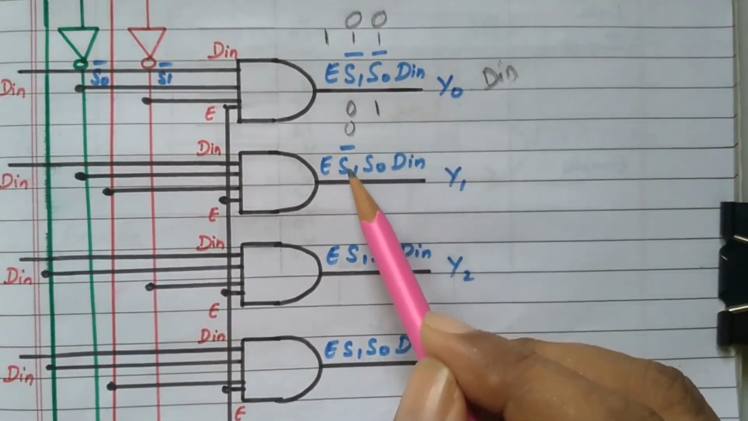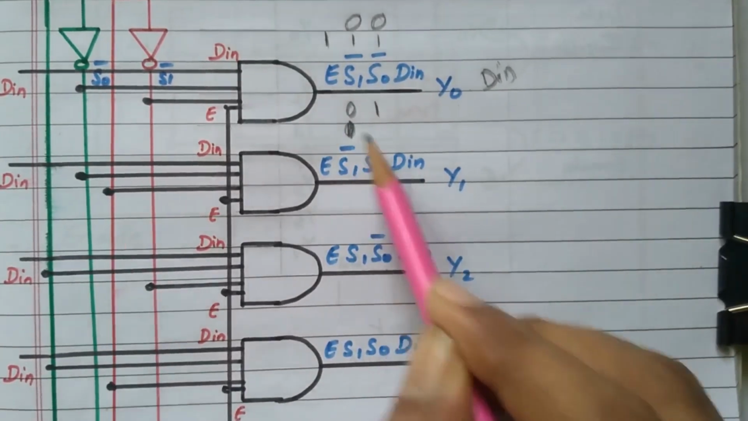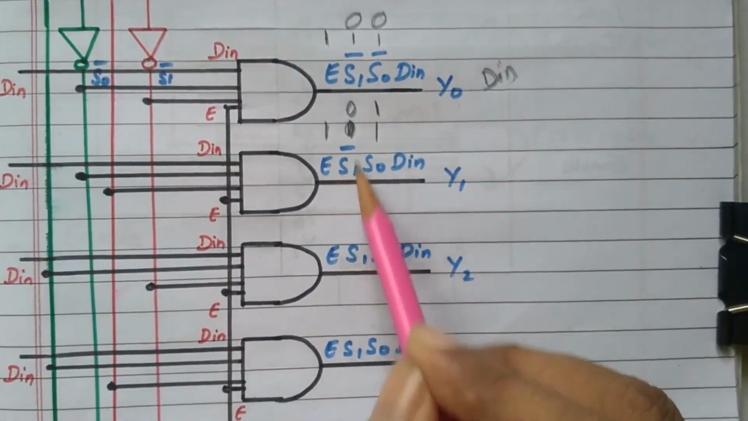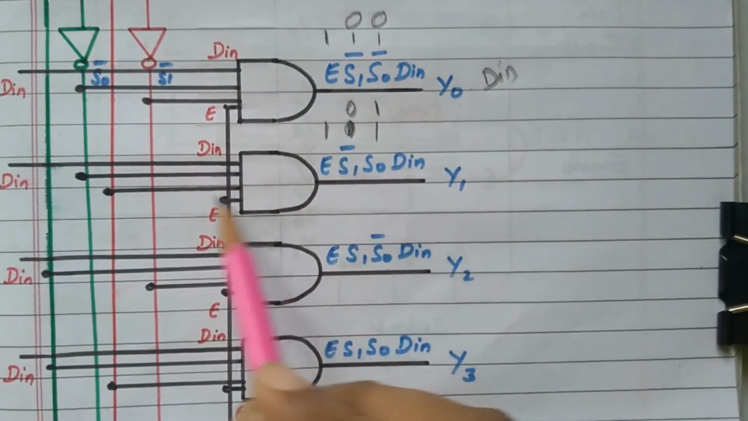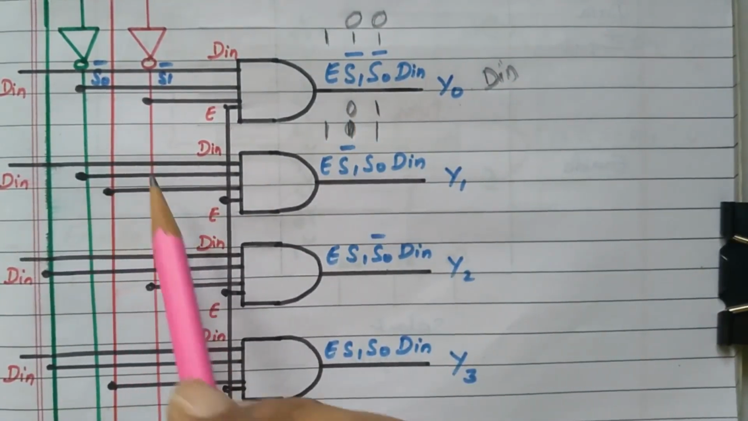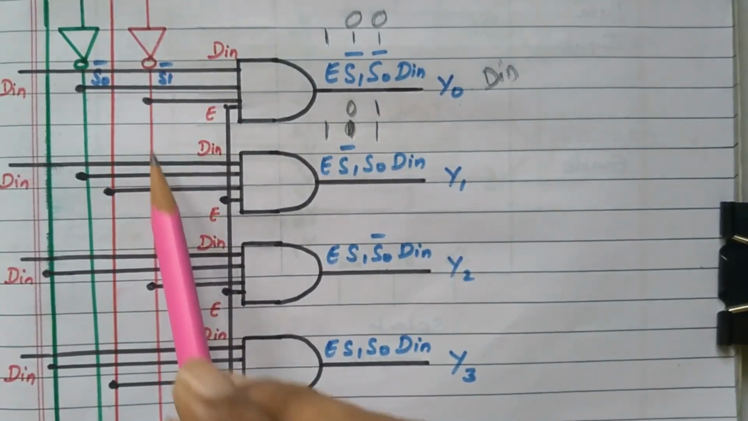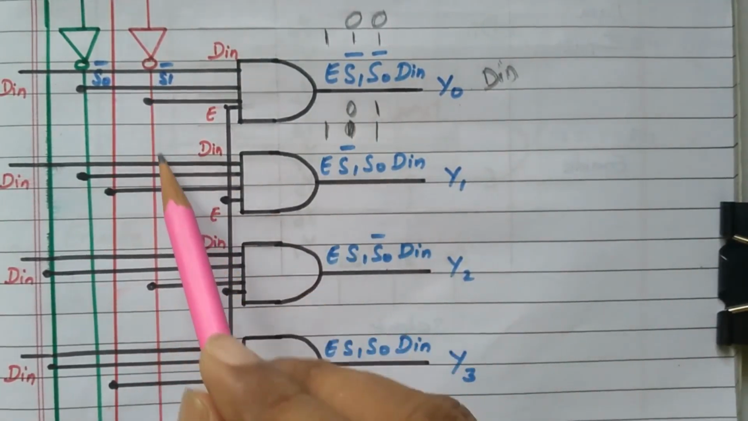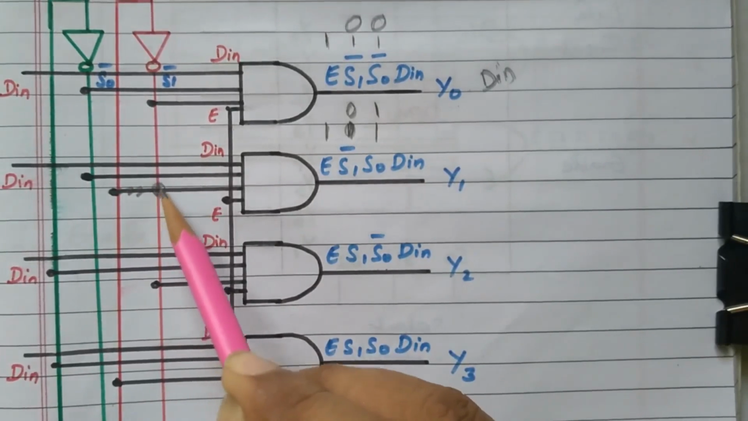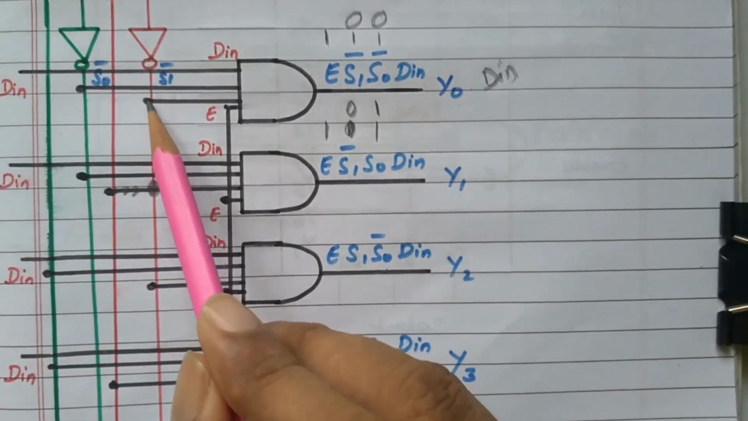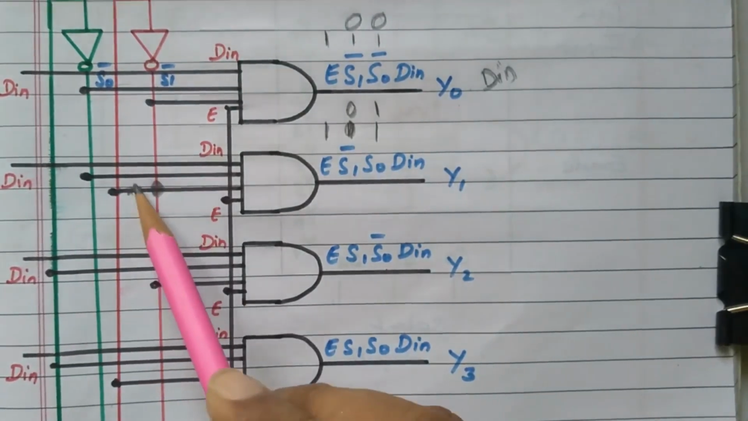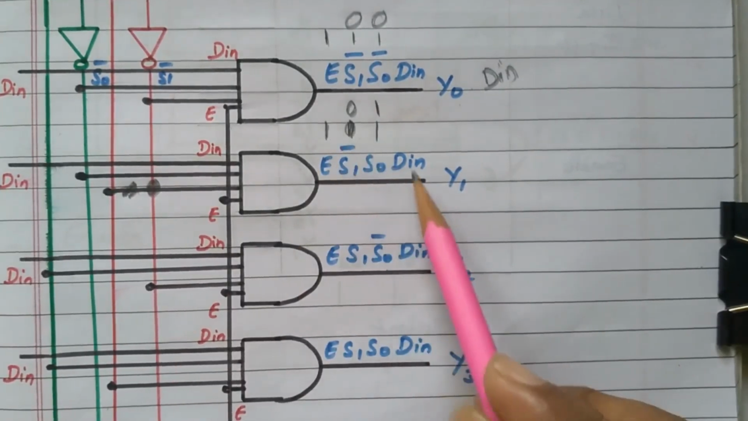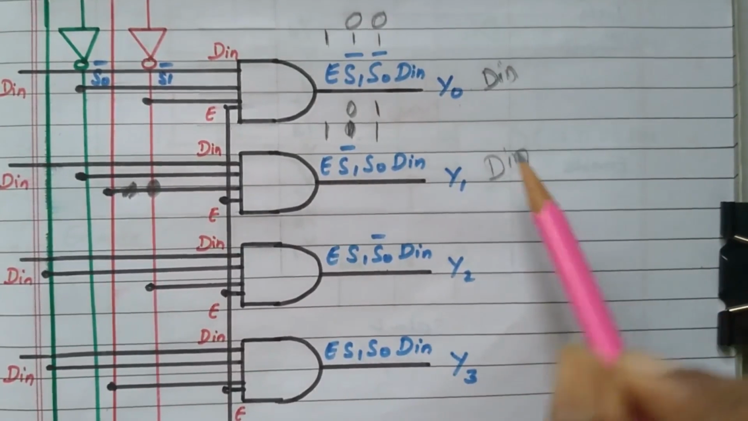0, 1 means what will happen? S1 is 0 so S1 bar will be 1. S0 is already 1. Enable is also already 1. See this, S1 is 0 but we have connected S1 bar. Here S1 bar is connected. Right? So S1 bar is connected, so that we are getting, so it's not connected here, it should be connected here. So here it is the same, S0 and S1 are connected. Here it is connected with the S0. So all three inputs are active high, so automatically DIN is available at the output in case